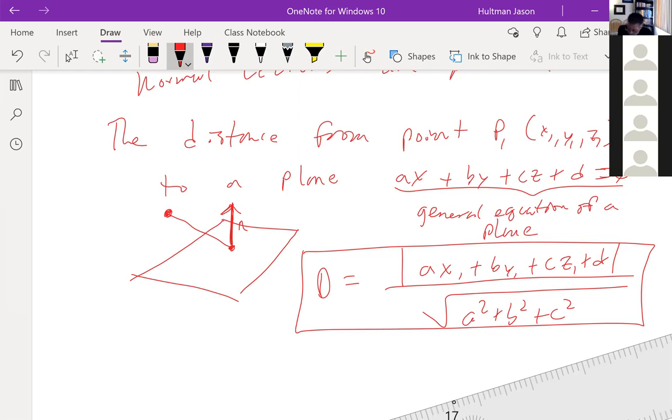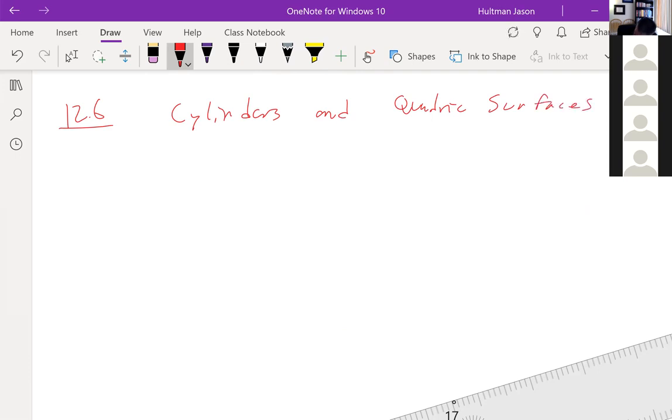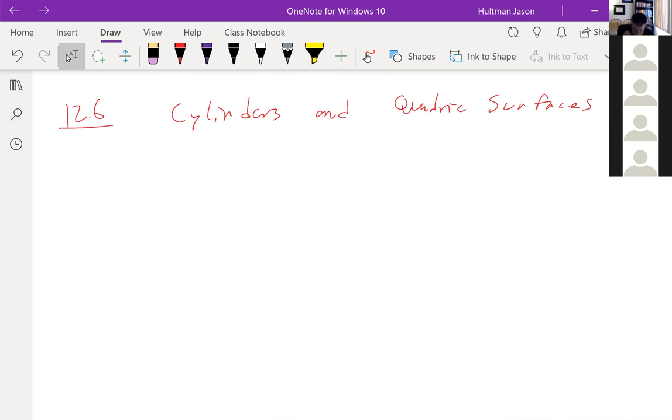Okay, let's move on to 12.6: cylinders and quadric surfaces. Get rid of my ruler for right now. So what is a cylinder in 3 space? A cylinder in 3 space